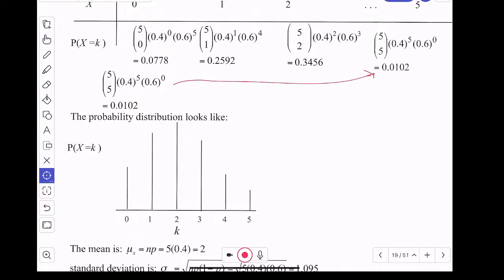Very good. So it looks like the balancing point is at 2. And that's not a coincidence that n times p,